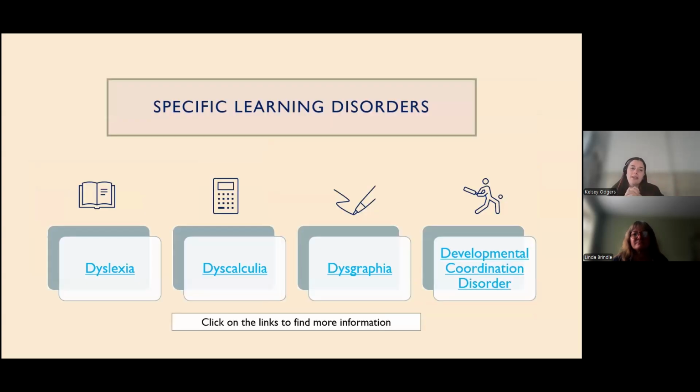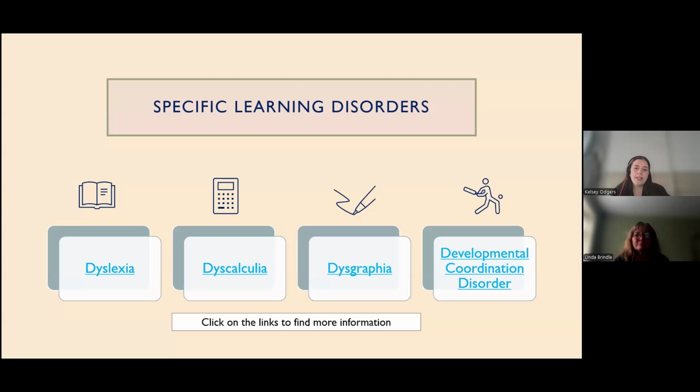So we're going to think now about specific learning disorders, and these are different to a learning disability, as I said just now. These refer to a range of specific significant difficulties with learning and processing different types of information compared to what we would expect of a child of the same age. So you can see that's been a theme as I've been talking, that it's always comparing that young person and their difficulties to where their same age peers are at, because that is really important.